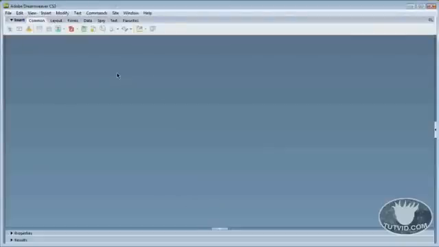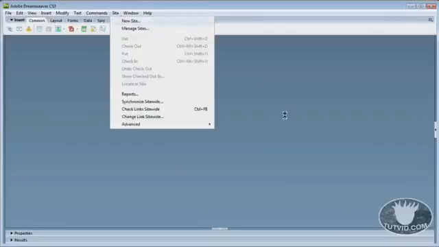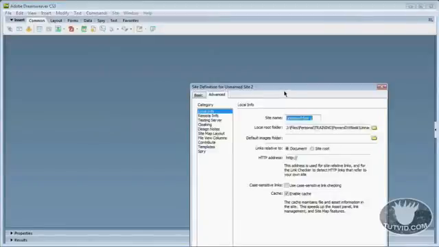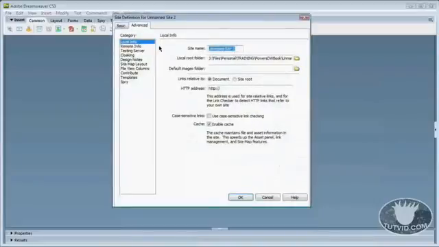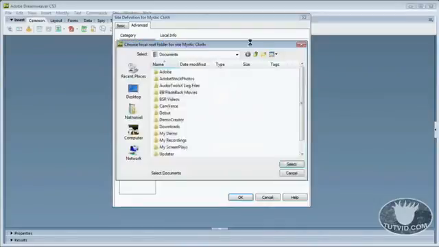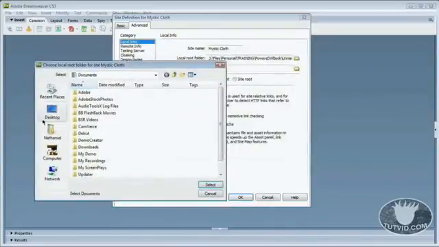So I'm going to come over to Dreamweaver now, and the first thing we want to do is create a brand new site. So open the top bar. I'm going to do this very quickly. Site, new site, and we're going to give it a name. When the dialog pops up, there we go. This is going to be called Mystic Cloth, if I can remember how to spell cloth,